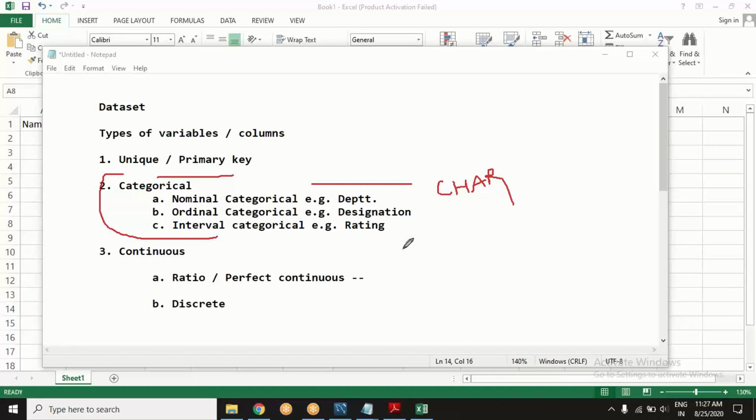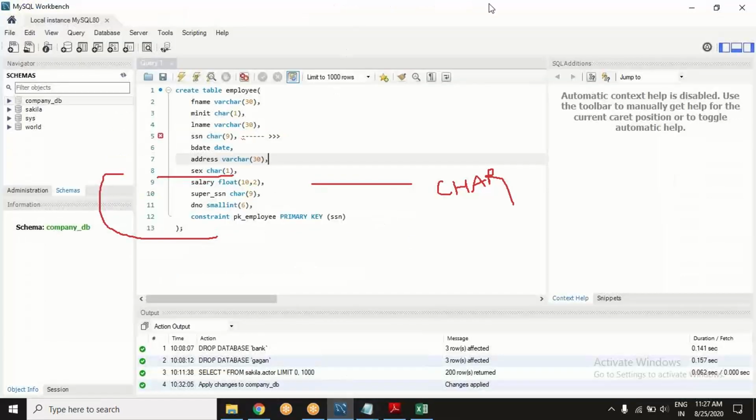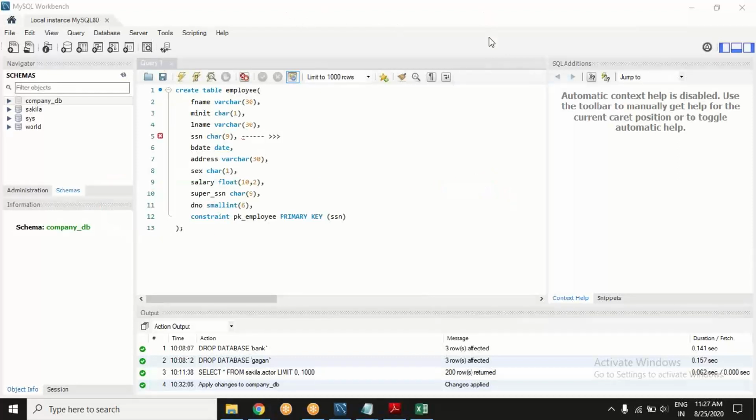If I store it as a number, maybe someday somebody will glitch by doing some numeric operation on that. So what we are doing with SSN here is, at the time of data definition itself, we are nipping this thing in the bud, that this is character, it is not a number. So nothing further is going to treat it like a number. No analyst, no data entry engineer, no data entry operator is going to make that mistake. It is taken care of. It is defined already.